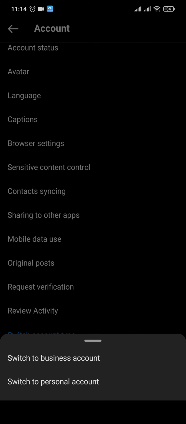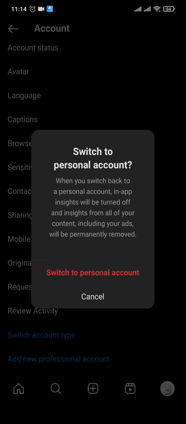Just tap on this option and you can see there are two options. Either you can switch to a business account if you are a creator account, or you can also switch to a personal account. So just tap on the personal account option and it's going to give you this menu notification. Tap on switch to personal account